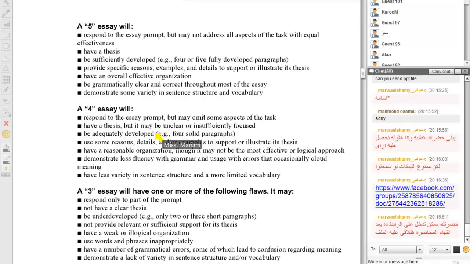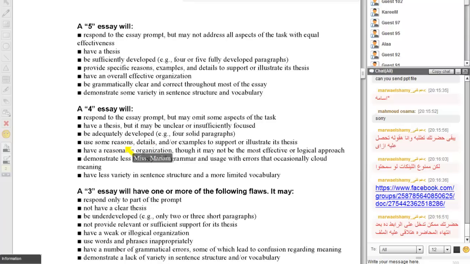Okay, so you have to make the thesis clear. Like, I do agree with the source. Make it clear. If all the ideas go in the same frame, that means that your thesis is clear, and the relation between ideas themselves should be logical. The relation between your ideas should be logical and should be developed.